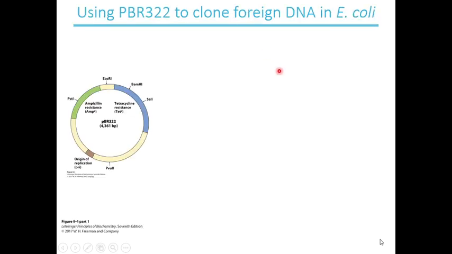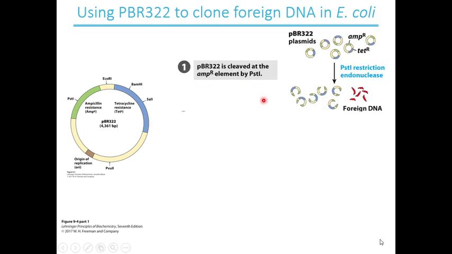Let us consider an example. Let us take a familiar vector, pBR322, and clone a foreign DNA in E. coli. If you remember, this vector pBR322 has two selection markers, an ampicillin resistance and a tetracycline resistance. It also has various different restriction endonuclease sites. In the first step,